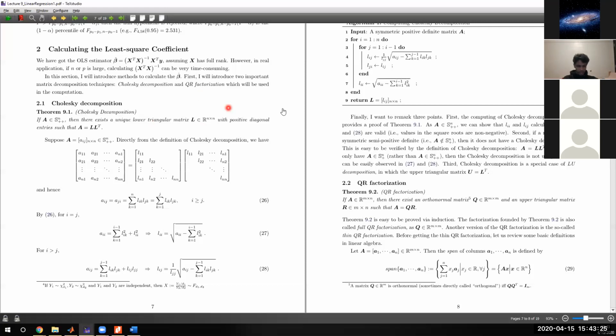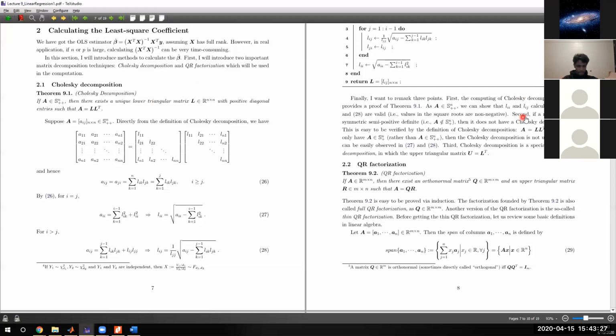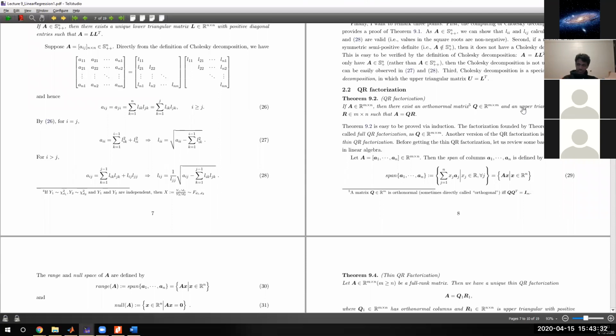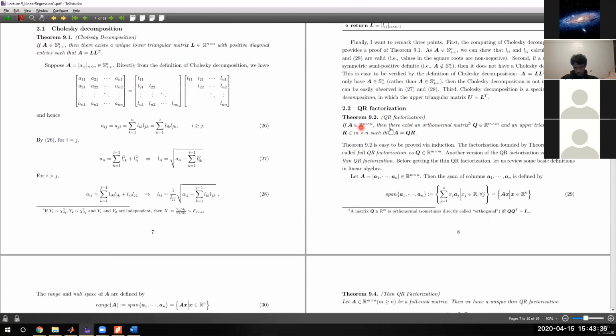No? Okay. The second one is QR factorization. For the QR factorization, first of all, let's have a look at the full QR factorization. The theorem is this. Suppose a matrix A is in R^(m by n), then there exists an orthogonal matrix Q, which is m by m, and an upper triangular matrix R, which is m by n, such that